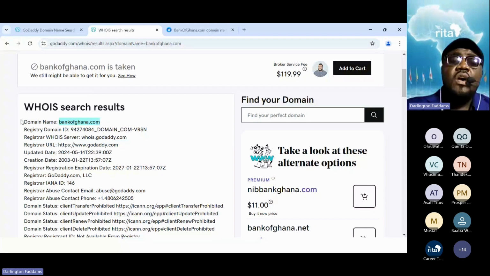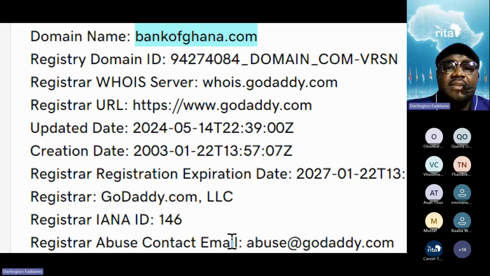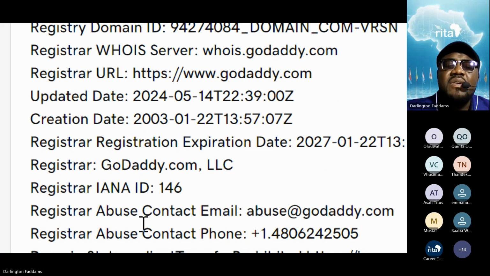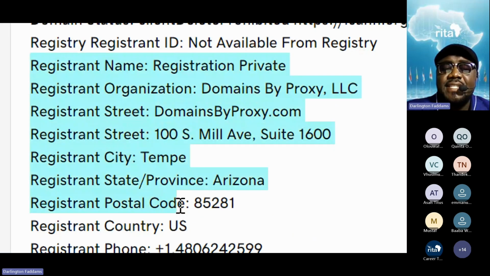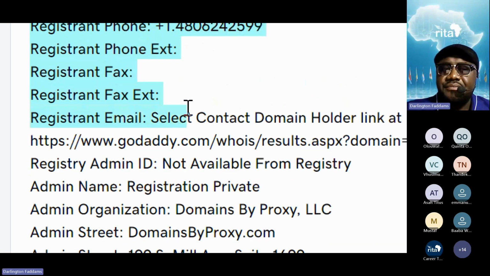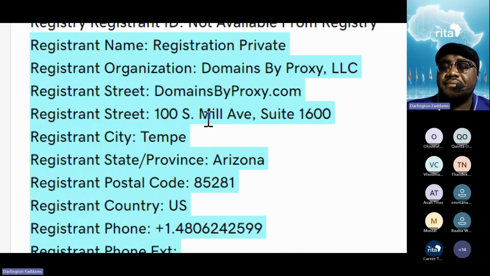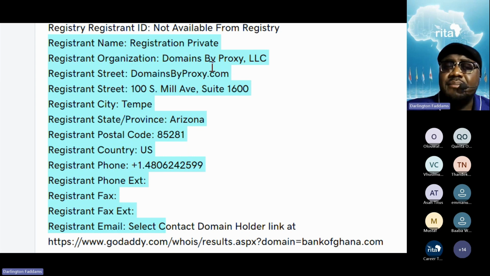All right. So on Who Is, you get a lot of information. You are going to get the dates, you are going to get the registrar, and the most important part is this. You are going to discover the registrant's information. The registrant's information is really vital. It tells you the name and the details of the person who did the registration. This is not the company that registered for the person. This is not GoDaddy. This is the person. His name, if he belongs to a company, his telephone number, his email address, and all that, you are going to discover it over here.